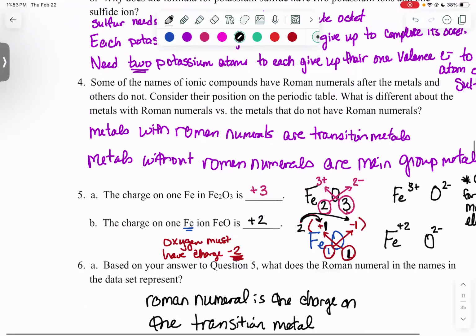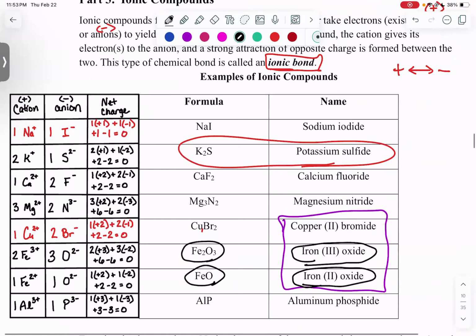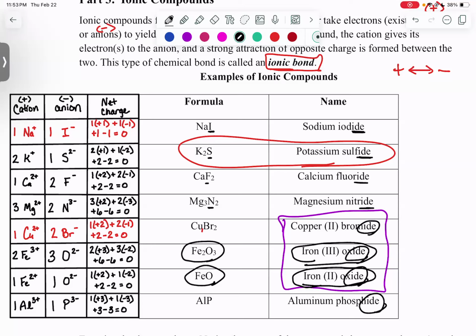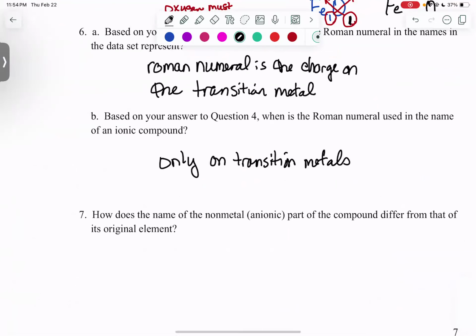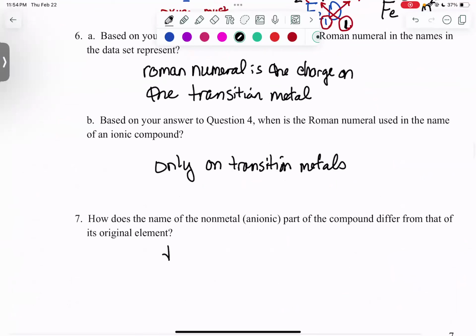So let's come back up and look at these. Nonmetal, if I had iodine, now I have iodide. I had sulfur, now I have sulfide. I had fluorine, fluoride. Nitrogen, nitride. All I'm doing is adding an IDE to the end of my nonmetal or my anion. So how does the name differ? You drop the last few letters of the element name